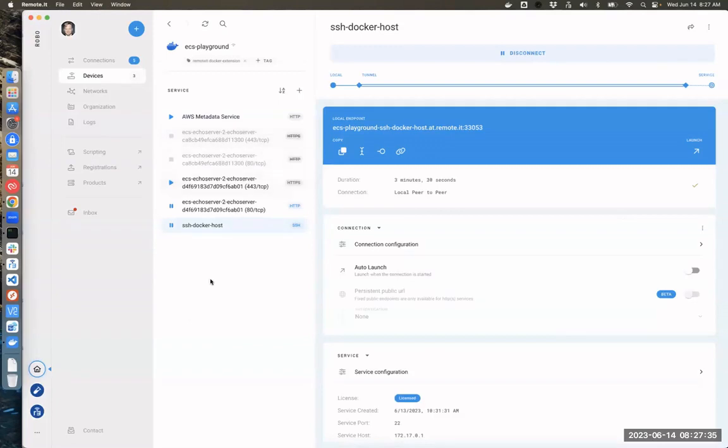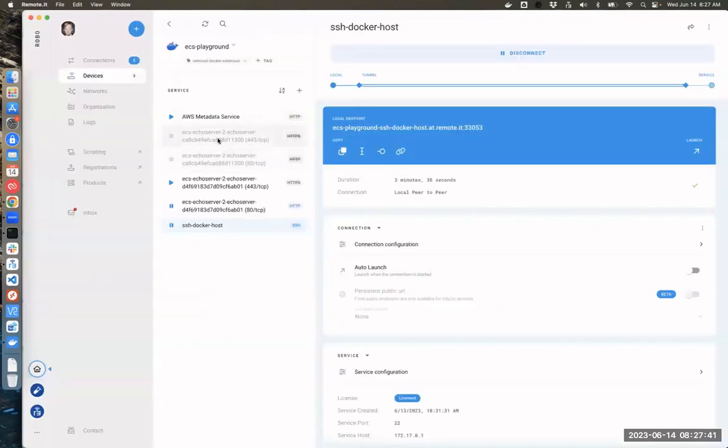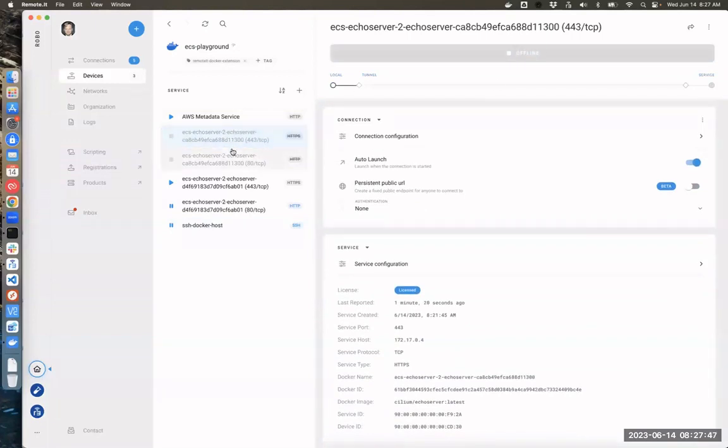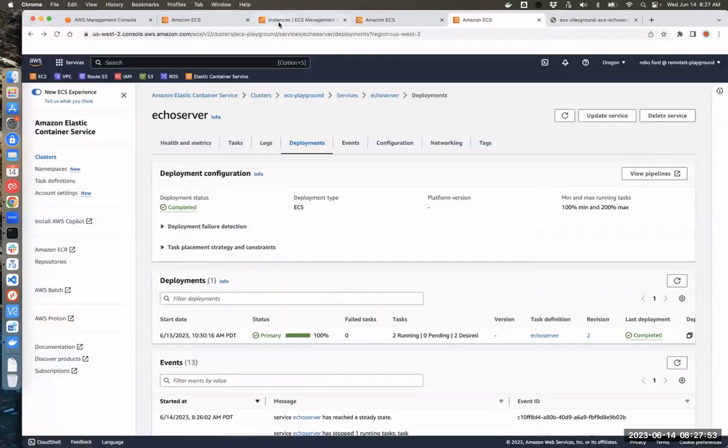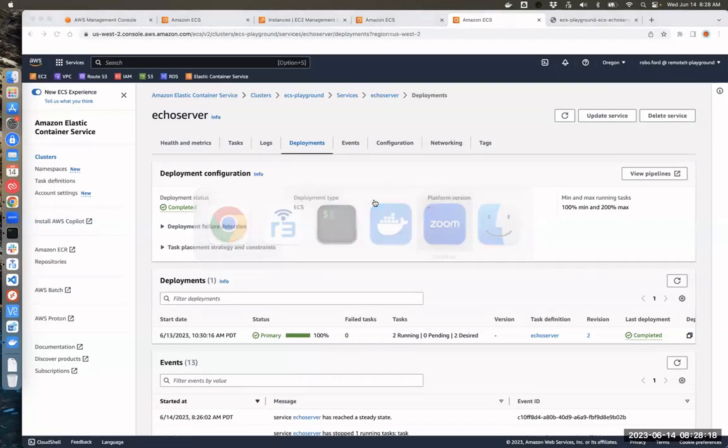So it's doing exactly what it is. This is stopped. It's still there, but it's offline. So we know it's offline and it's not usable. You can't connect to it anymore, but we know it was there at one point. And so that basically shows exactly how you would run this in a production environment. It works really great for connecting to and debugging your containers on your instances in ECS or any other Docker environment for that matter. And that's pretty much it for me. So I think at this point, I will turn it back over to Davin.